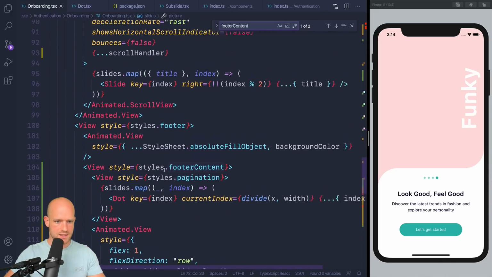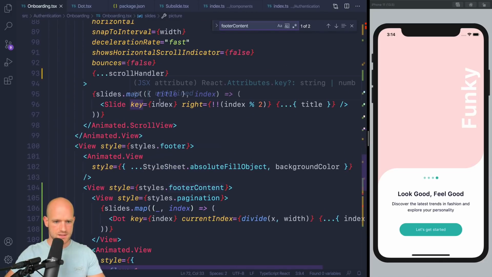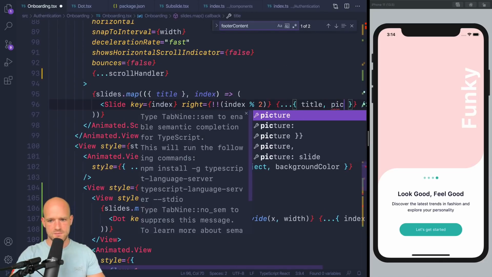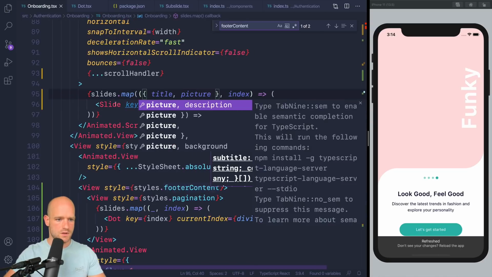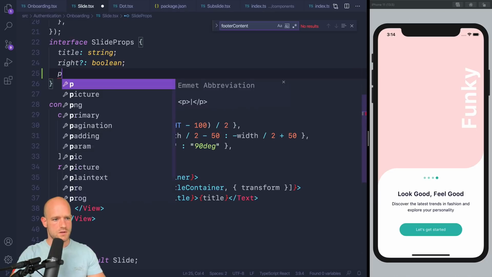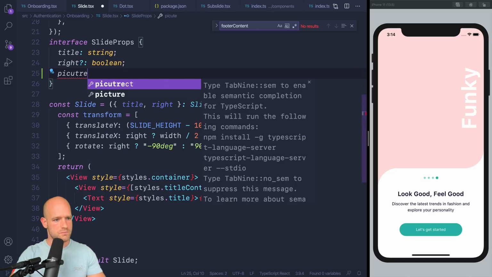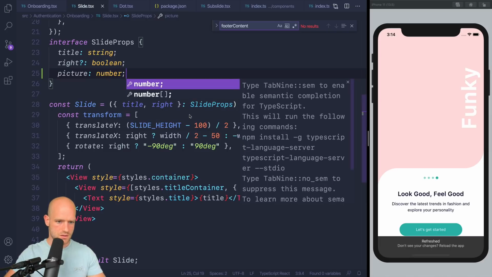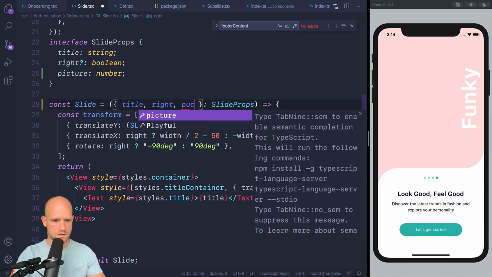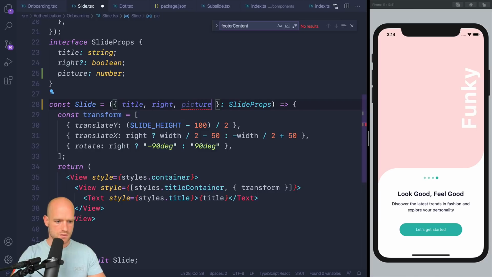We pass it here, picture. So it's gonna be a number here, picture. And